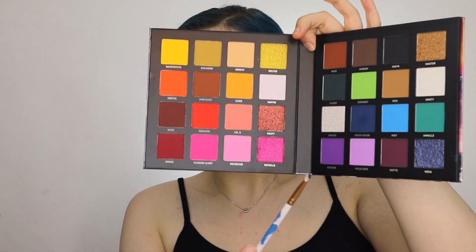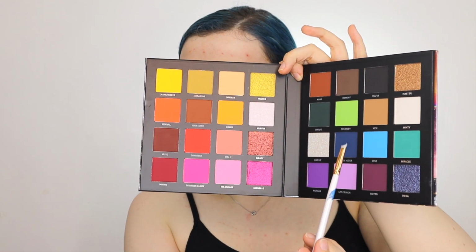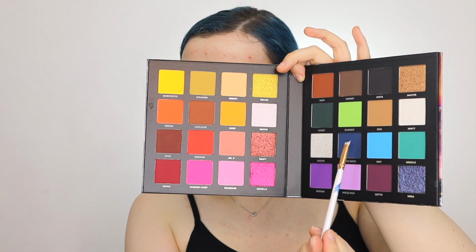So I'm using the P. Louise base in the shade 01, blending that out with a little sponge. So I'm going to go in with the shade Moody Mitch, which is this deep navy blue. Pack that on